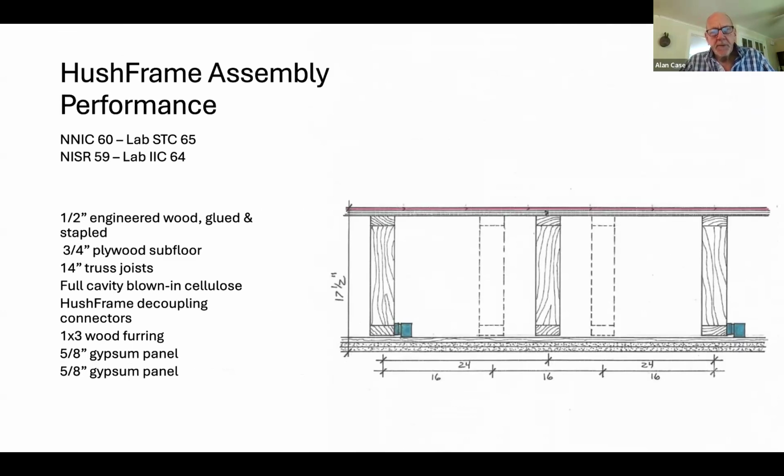Okay, and here we are. This is also in a Boston building where it's the same depth of truss, and they both have full-blown cavity insulation, soft insulation, so that's not a problem. This one has a 1/2-inch engineered wood that is glued and stapled to the 3/4 subfloor, so it's rigid and noisy. And then you have HushFrame, wood furring, and 2 layers of gypsum on the bottom, and it outperformed the